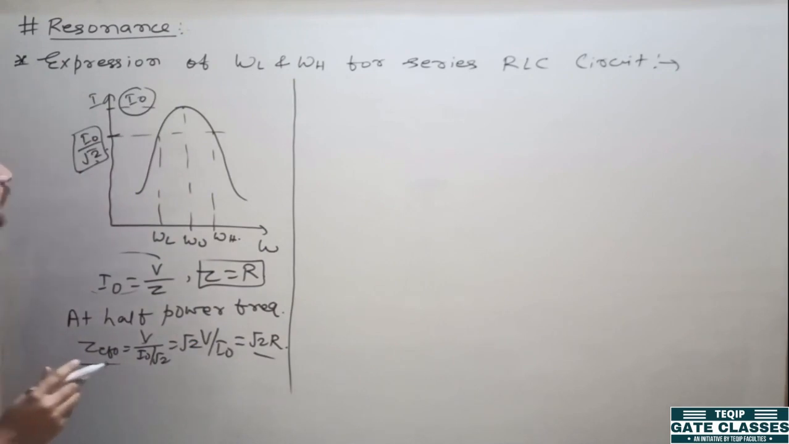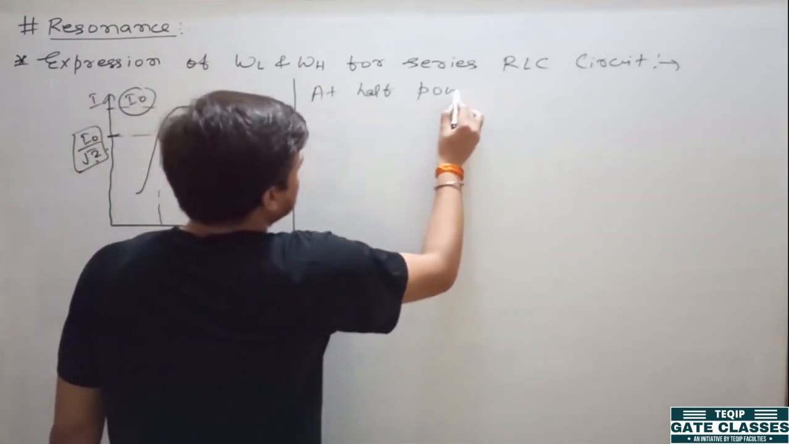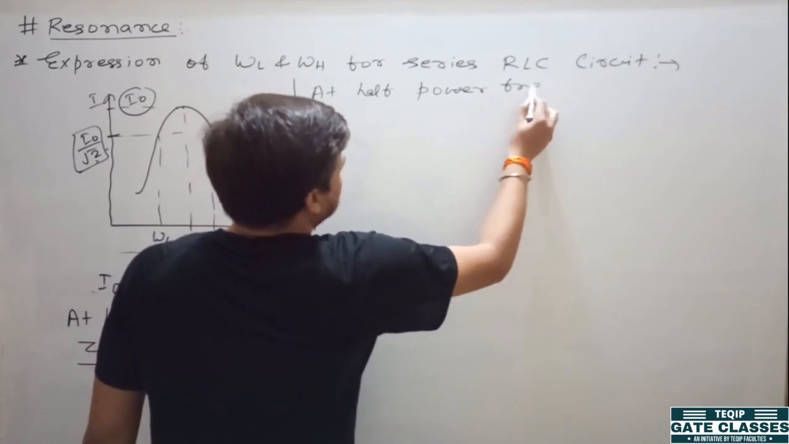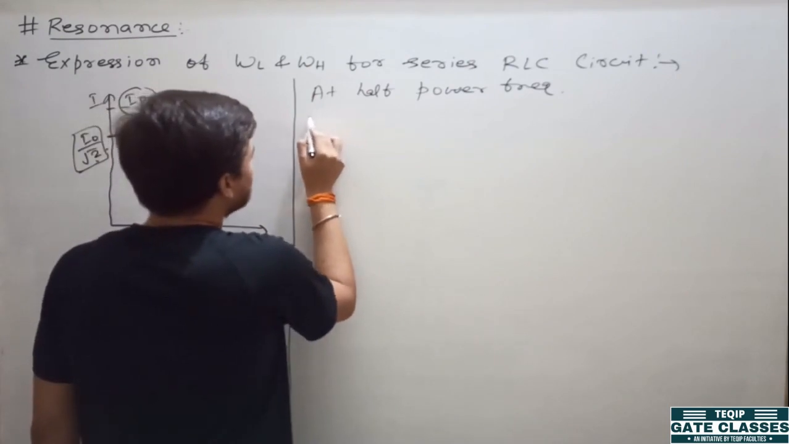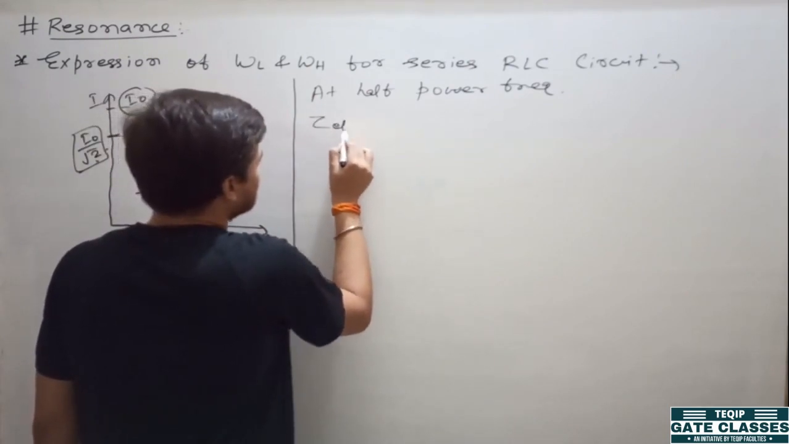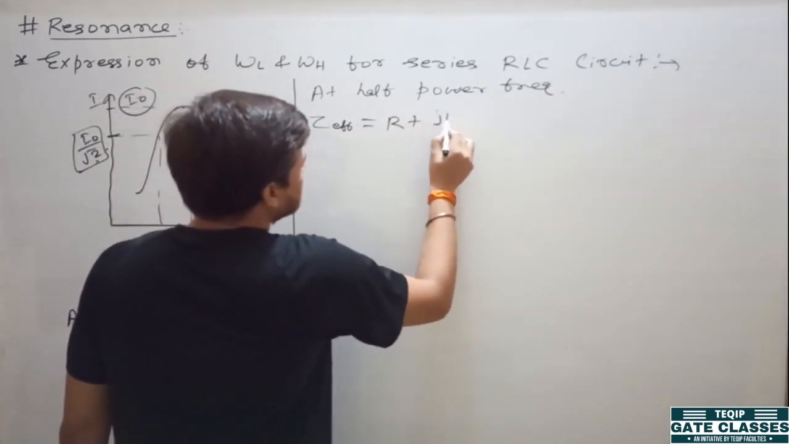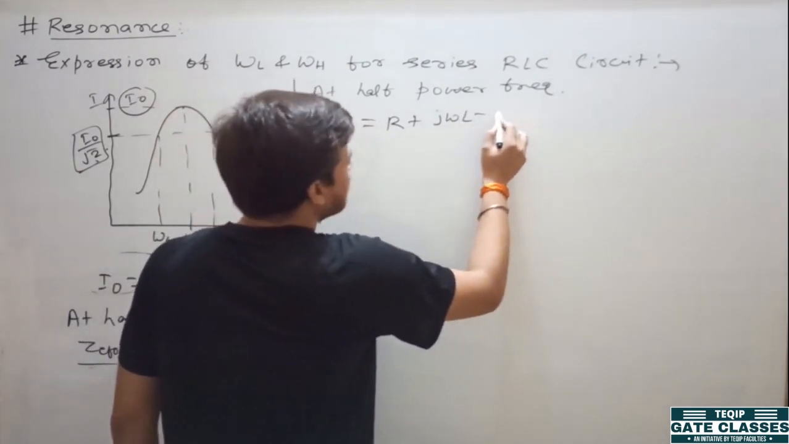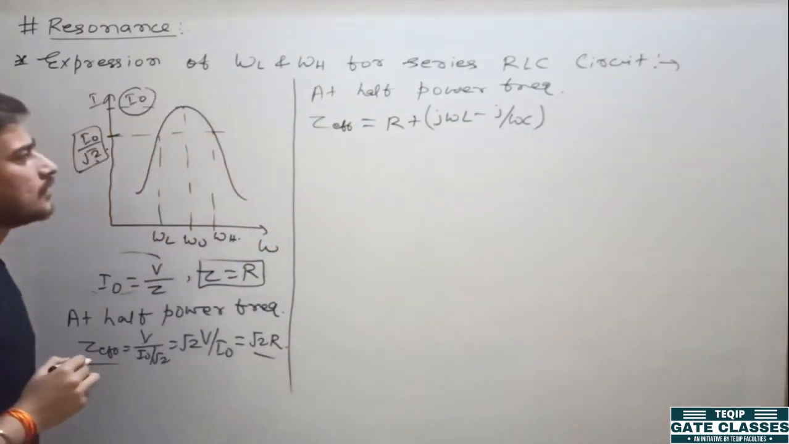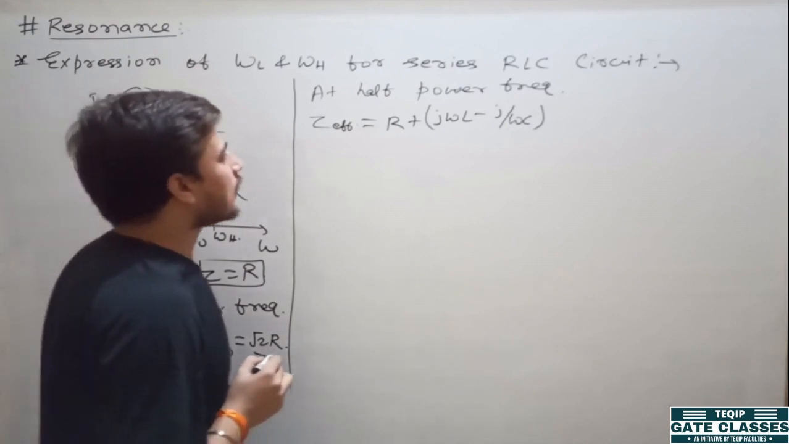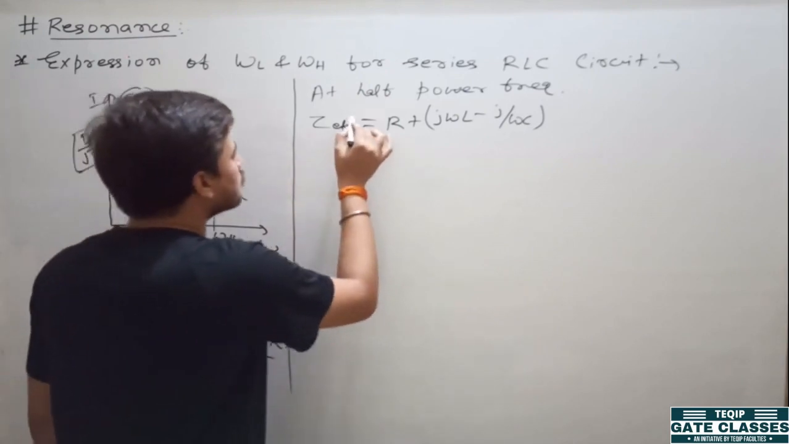So what does it mean? It means at half power frequency, if you write Z effective, it is equal to R plus J omega L minus J divided by omega C. Clear? This is Z effective. Now if you find the magnitude of this part,